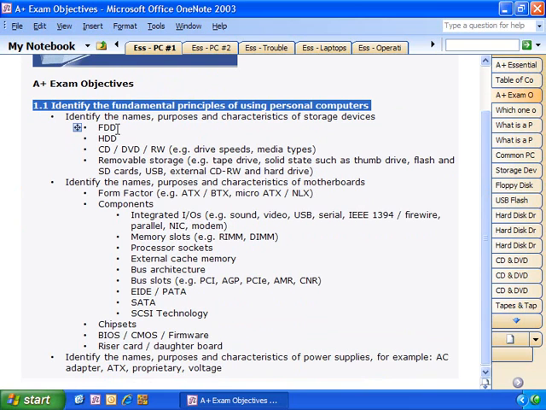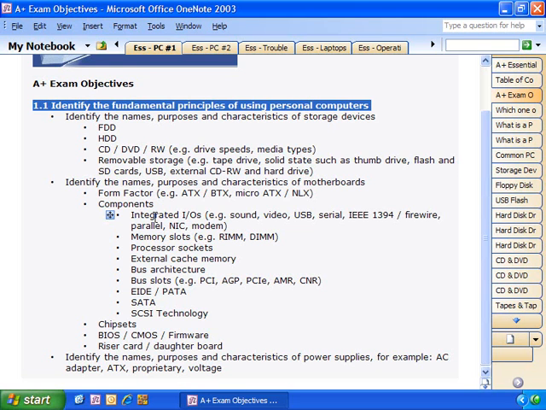That includes floppy disk drives, hard disk drives, CDs, DVDs, rewritable drives, recordable storage, USB drives, USB connectors, external CD-ROM drives, thumb drives, flash drives, form factors of motherboards and cases, components that go into a computer like sound cards, video cards, modems, memory slots, processor slots, bus architecture, bus slots,